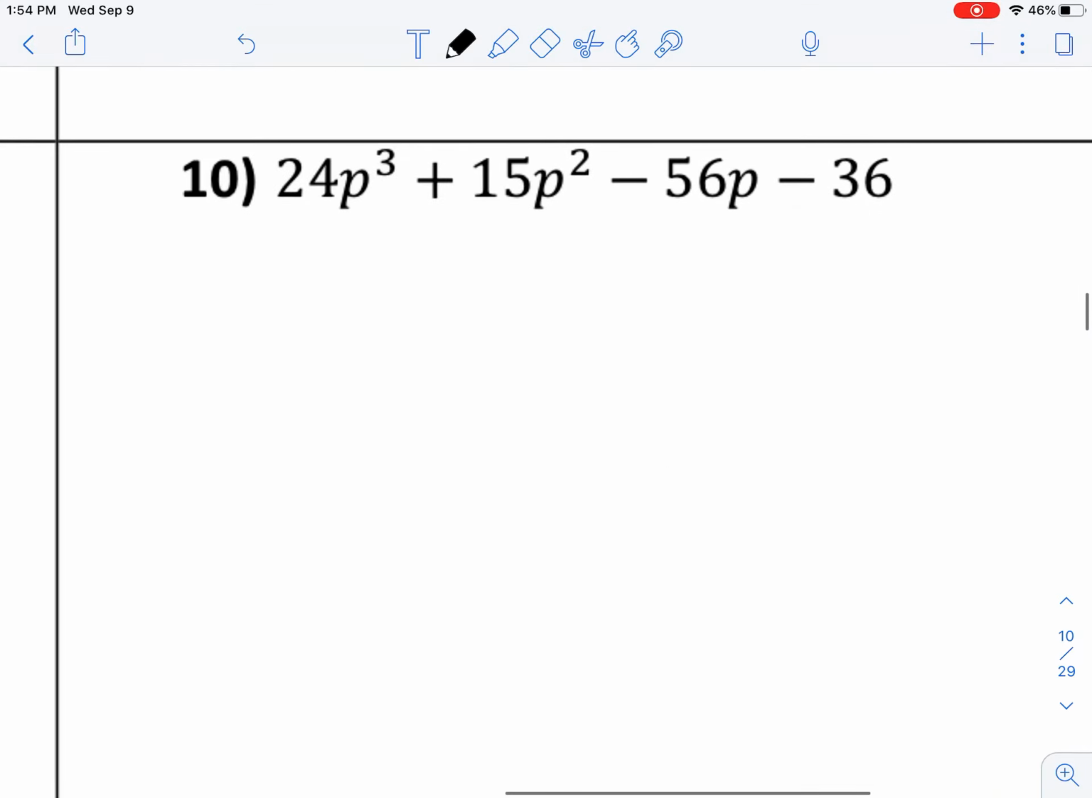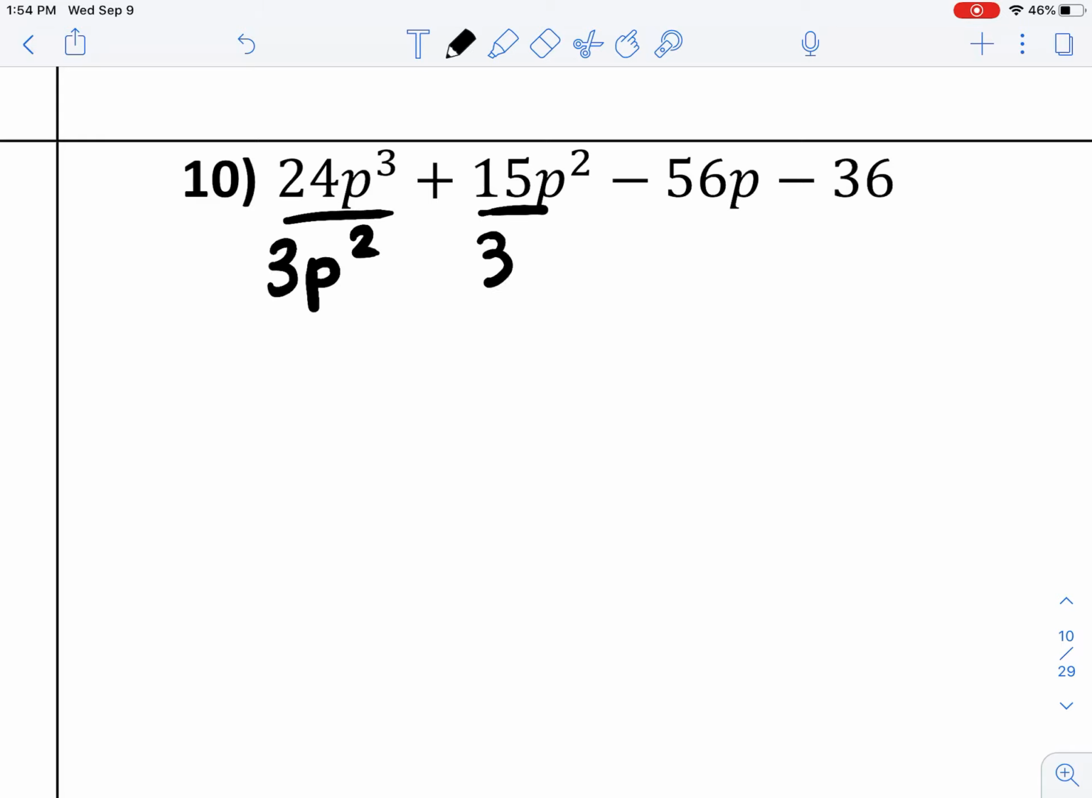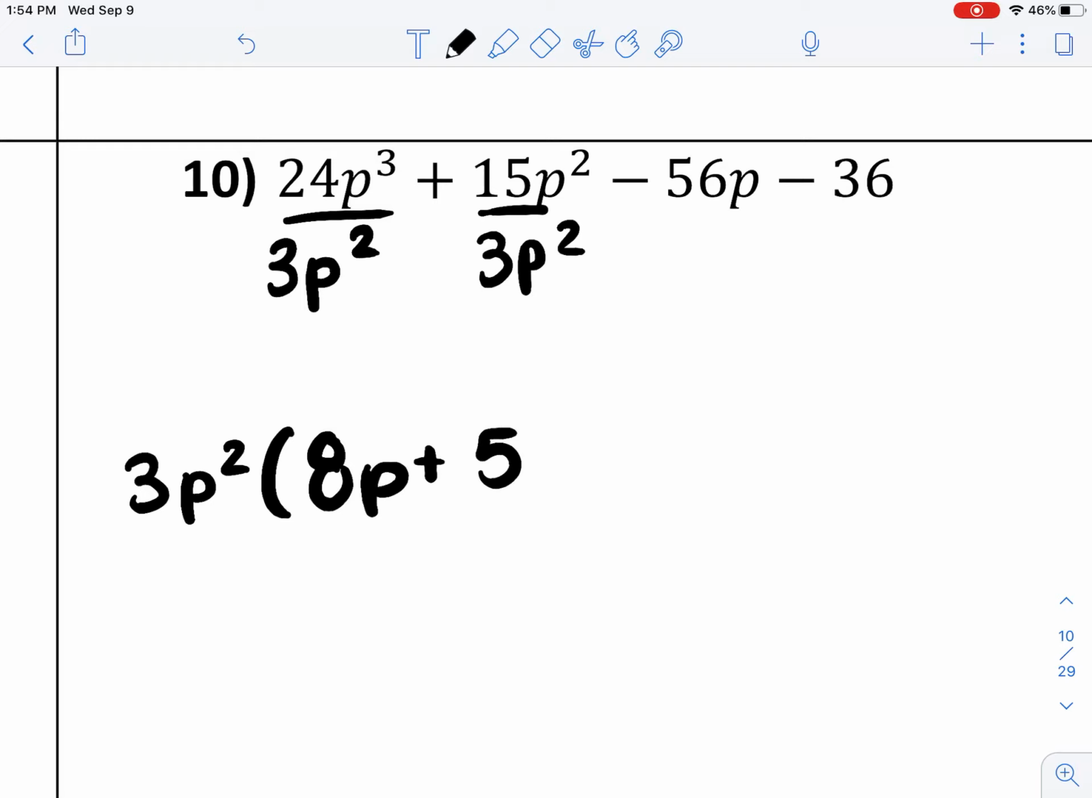Number 10, the biggest number that goes into 24 and 15 is going to be 3. So this is a GCF of 3p squared. When I divide by 3p squared, I get 8p plus 5. Then I bring down the minus. The GCF of my second group now is going to be 6. No. It's going to be